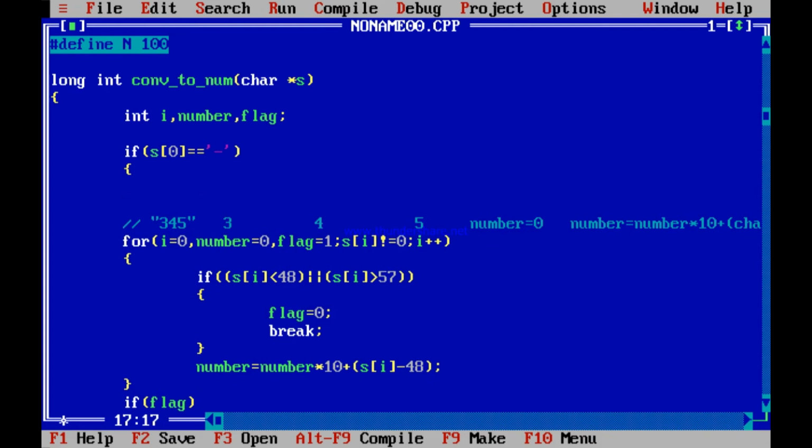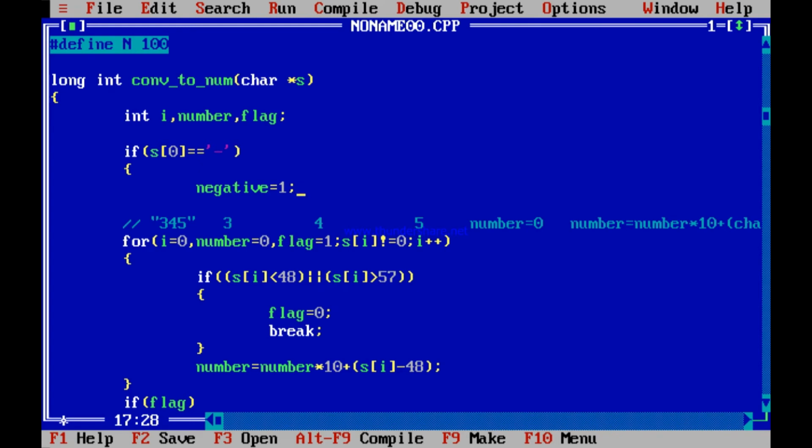If S0, the first character, is minus, then you have got two jobs in your hand. The first job is to use a variable called negative and raise it, to indicate that it is a negative number. If the first character is minus, you understand that definitely this is a negative number. So I make negative equal to 1.